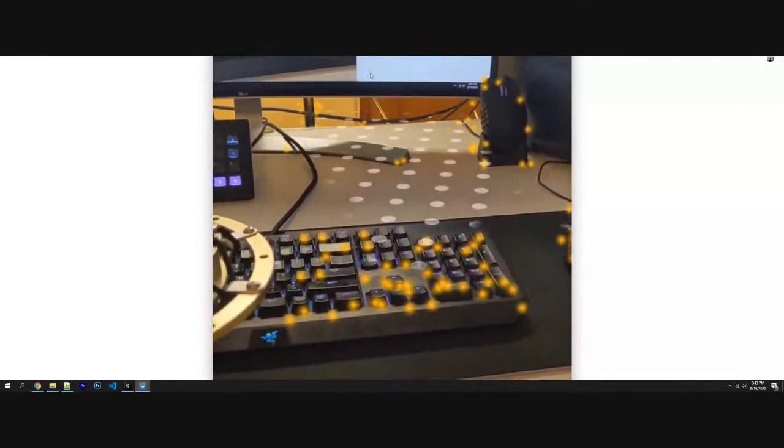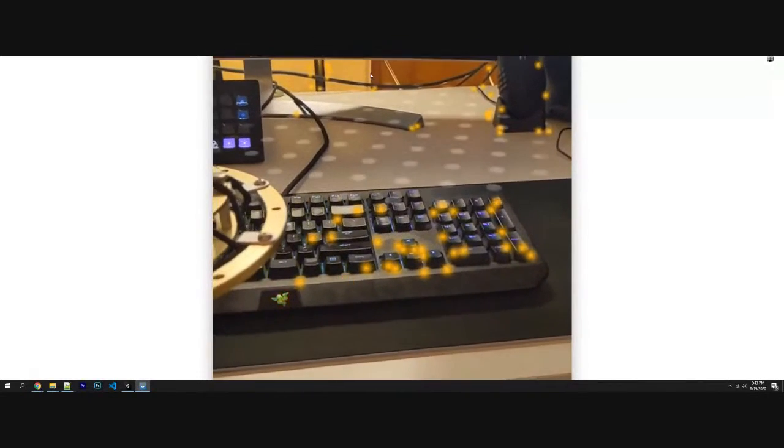Okay, so as you can see, this is my setup. As I move my camera, you can actually see how it's able to identify different planes. So it has identified that the white dots that you see over here are a plane, a horizontal plane. And then as I move my camera across,